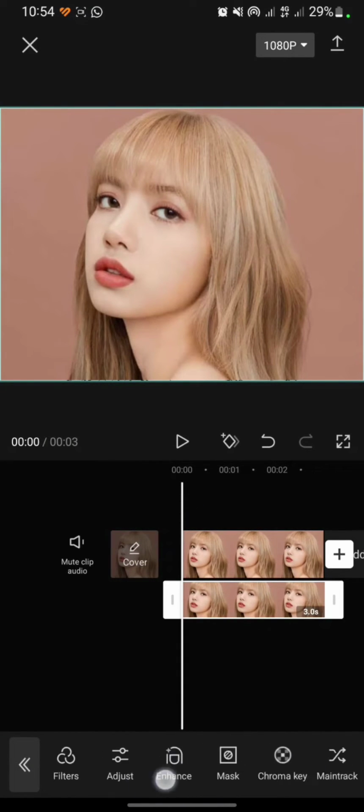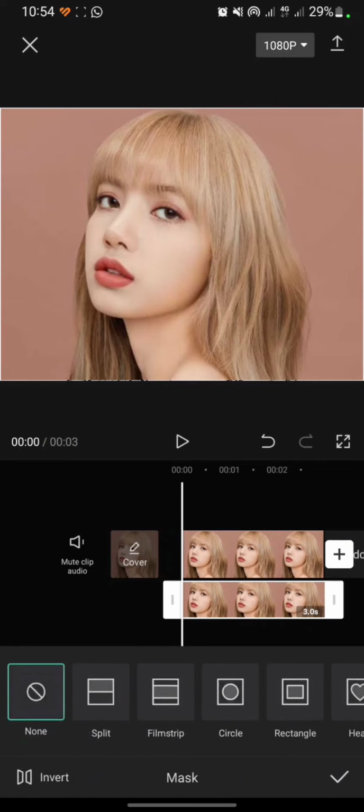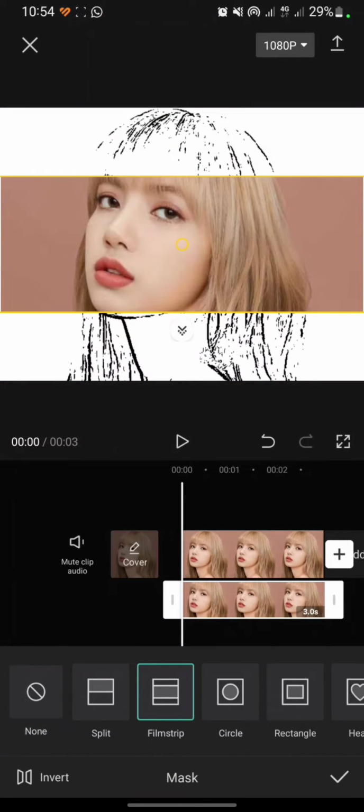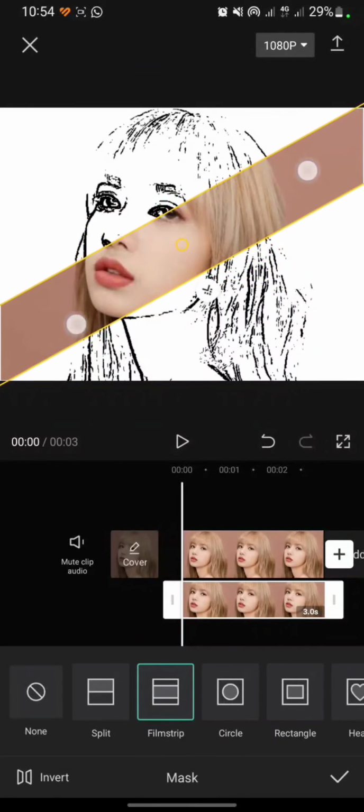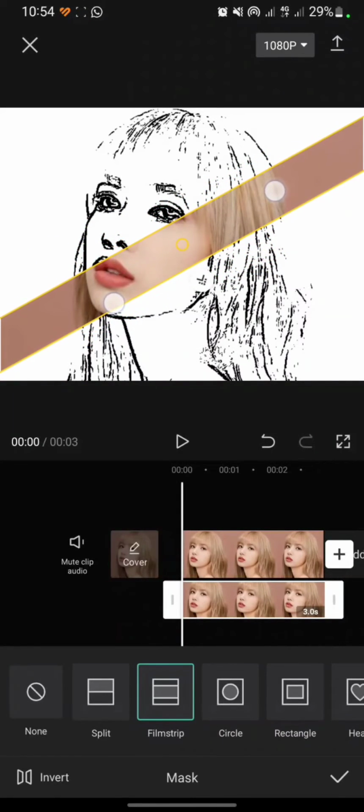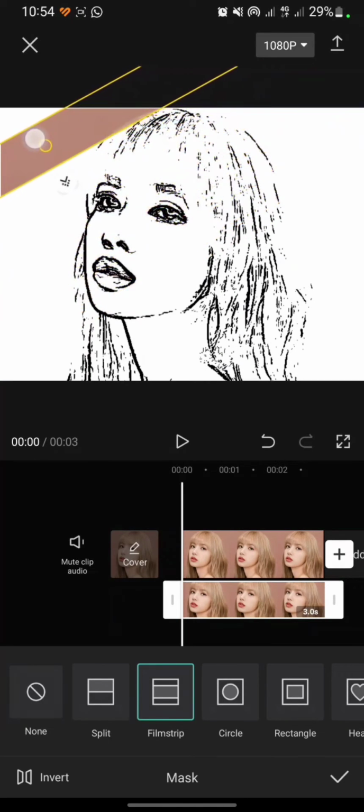Click marks, click film strip, and move and change the size like this. Move it to the left corner